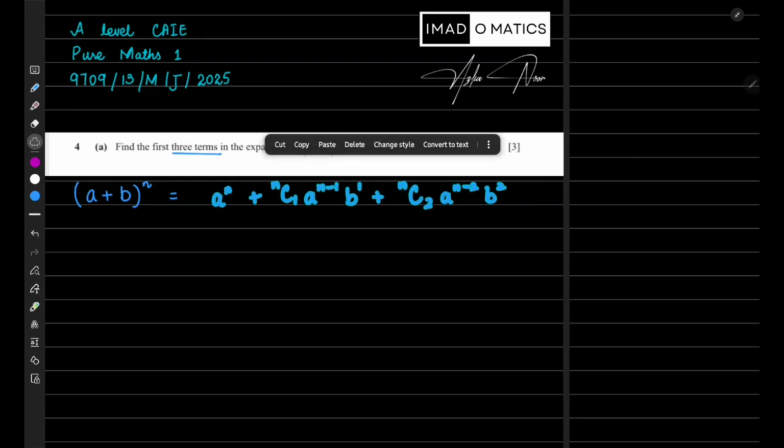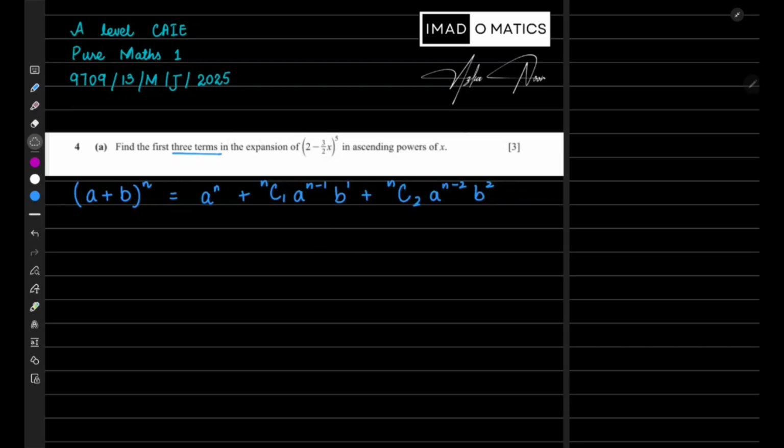Now, secondly, what we will be doing is actually starting to solve this. For this, you must know what is a, what is b, and what is n in this particular expansion. So in your given expression, you have a equal to 2, b is equal to minus 3 over 2x, and n is equal to 5. So